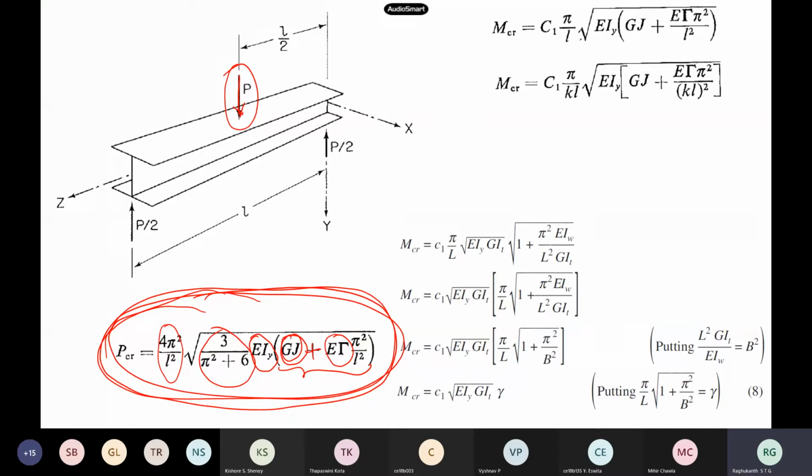So if you delete these constants, and somebody asks what your lateral torsional buckling of a beam depends on, you can quickly say that it is a product of flexural rigidity multiplied by torsional rigidity, and if warping is there, you add torsion plus warping, and multiply these two. Of course, if warping is very small, you can neglect it, so you can easily remember these formulas, like pi square EI by L square. So here, EI into GJ, or GJ plus E times the warping term also.